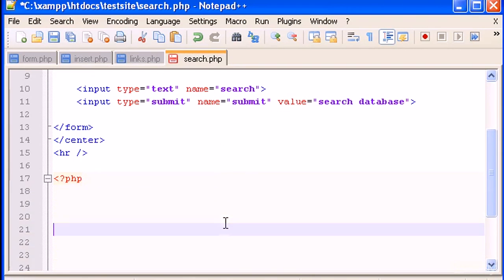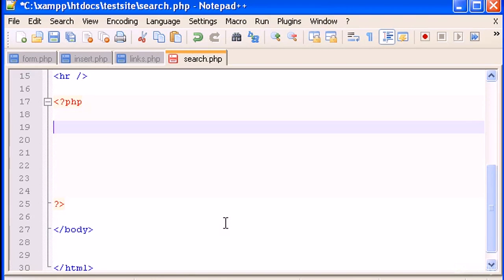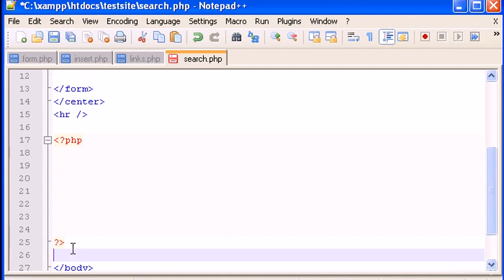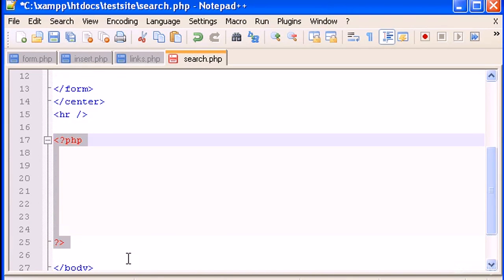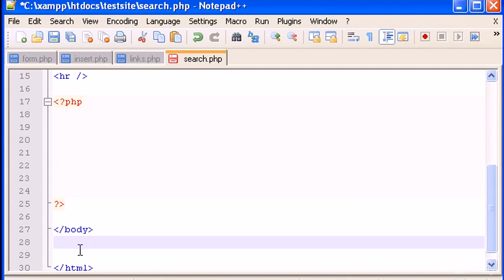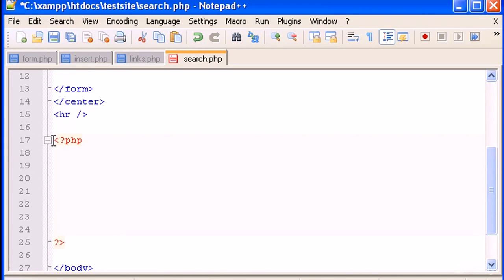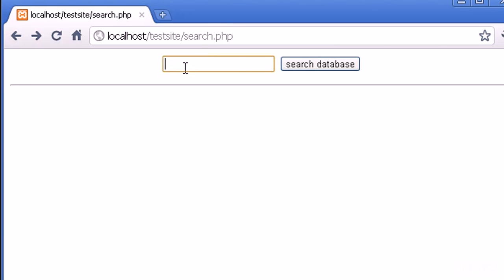Okay, so in here will go the script. You can put this inside your body, or outside the body. It doesn't matter, as long as it is in the same page, in the same file, search.php. So let's process the values that we have to type, whatever values we type in here, and